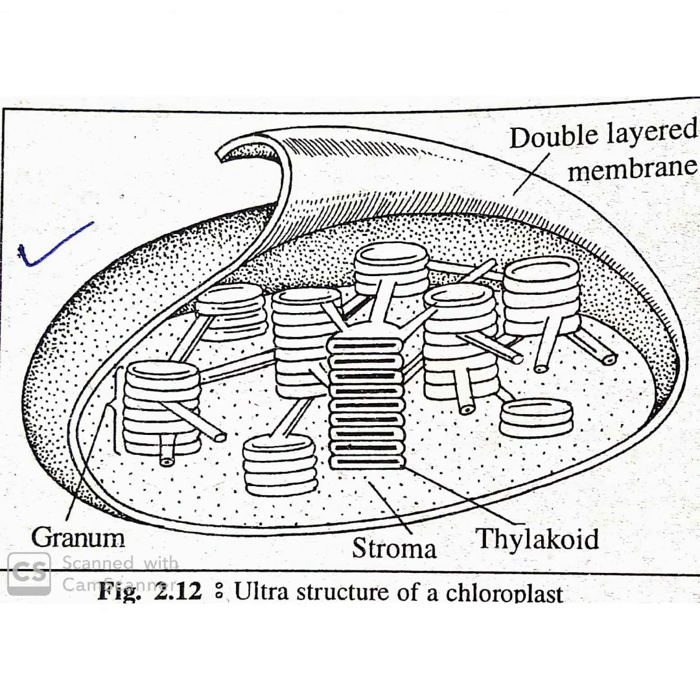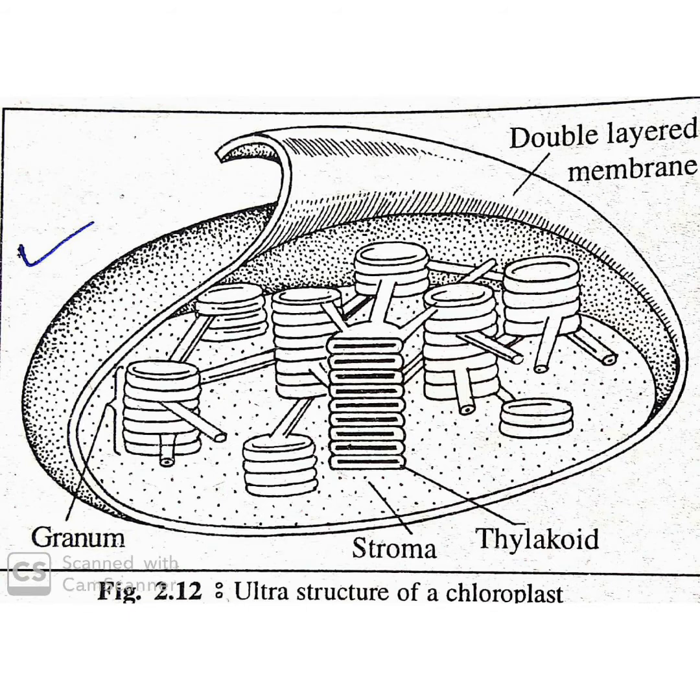Functions: chlorophylls are responsible for trapping solar energy and converting it into chemical energy or food material in a process known as photosynthesis. The chloroplast is the cytoplasmic particle in which this takes place. Chromoplast. Chromoplasts are plastids which are colored other than green. Chromoplasts are responsible for bright color of petals of flowers which attracts insects for pollination.